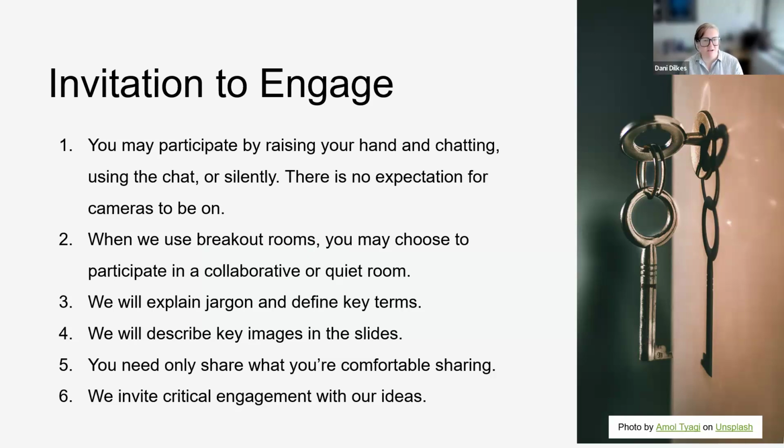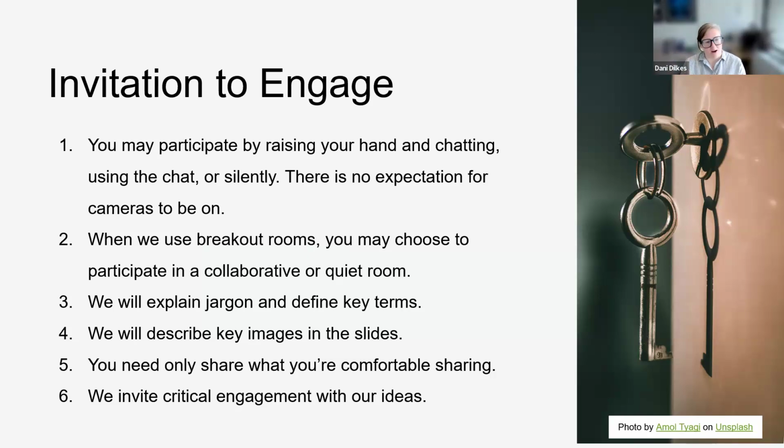There aren't a lot of very jargony words. This isn't a theoretical presentation, but when we do introduce new terms, we will explain them. If either Yasser or I use a word that is unfamiliar to you, please let us know, because it's likely unfamiliar to other people. Sometimes you can get caught up when you're so involved in these conversations in assuming that some things are common knowledge when they're not. So please let us know so we can correct that.